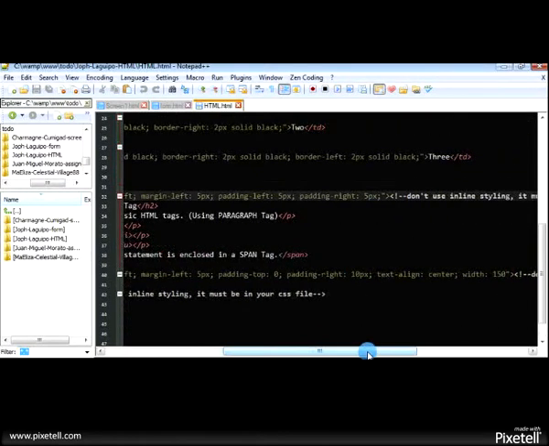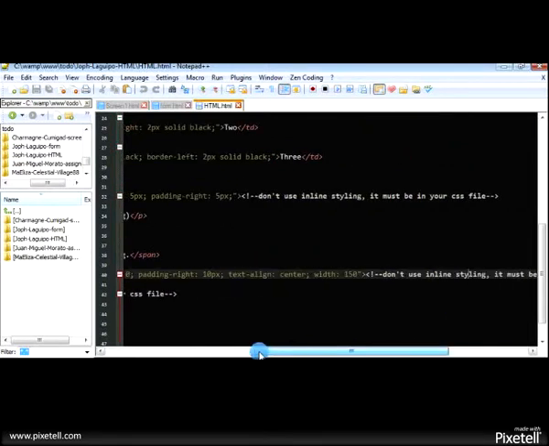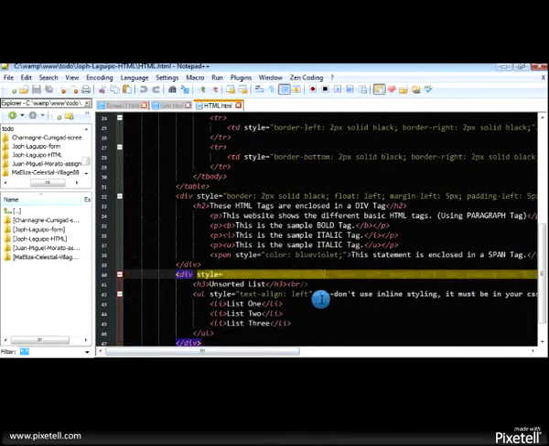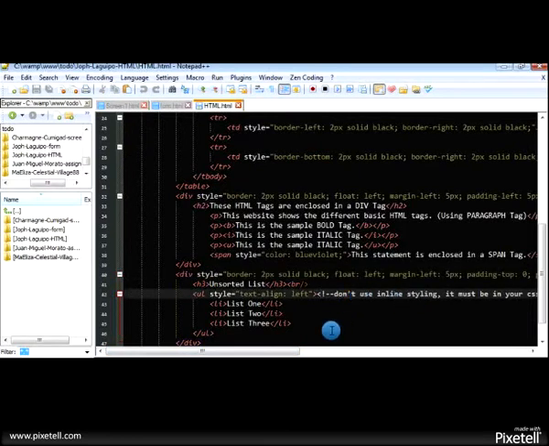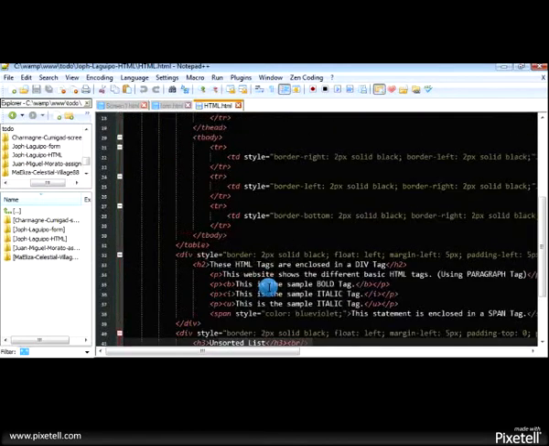Also here use inline styling. Also in here, inline styling. Also in here use inline styling. Okay, let's go to the next HTML document.